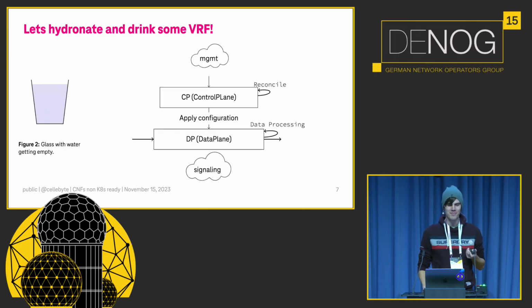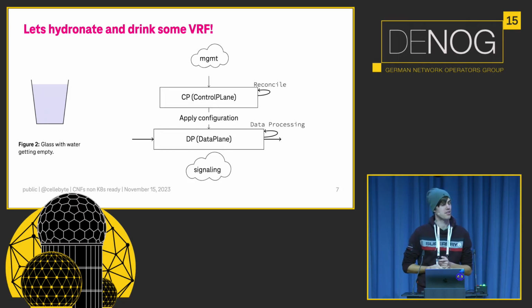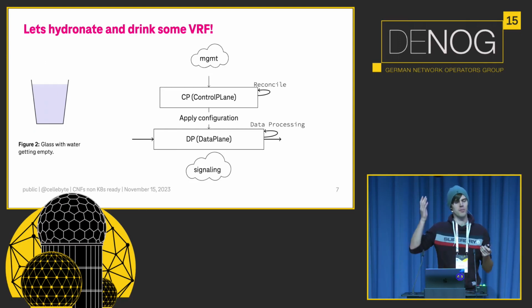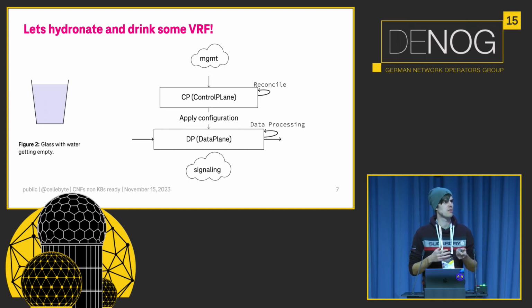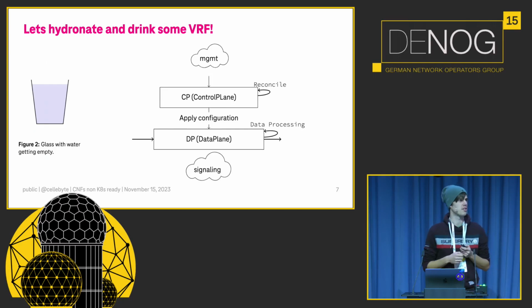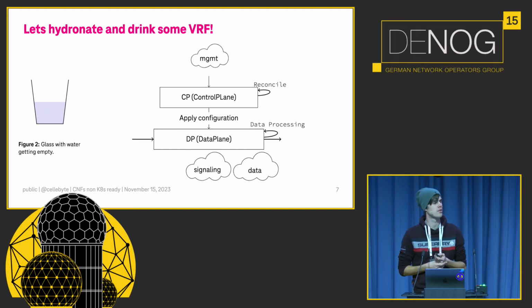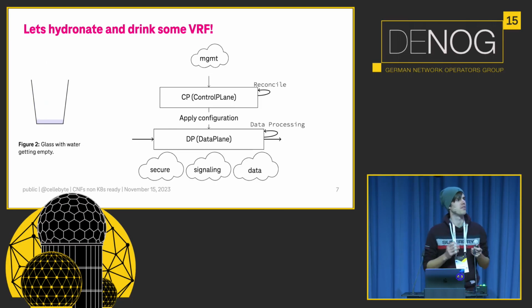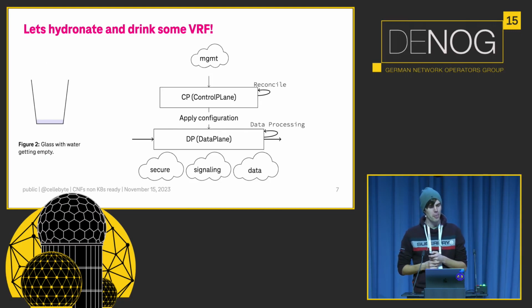but yeah. So let's hibernate, sit back, and drink some VRFs, because they are needed to connect it. So first, you have normally a management VRF at the top, where your configuration comes from. And then, depending on the data plane, you have signaling VRFs or data VRFs, or also some encrypted VRFs, because the databases back then were not encrypted, so they said, oh, just put it somewhere else, which does the encryption for me.